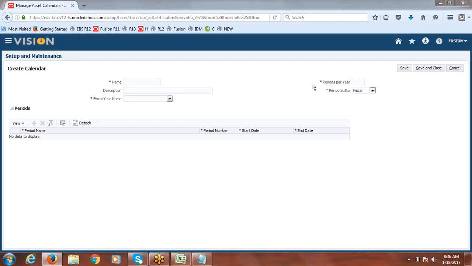Sorry, no. For every year, I have given, like, 2015. It starts with the first and it ends with 31st December. Every year the year will change, but every year starts with 1st Jan only and ends with 31st December only. That is the logic it is taking. It didn't change actually.